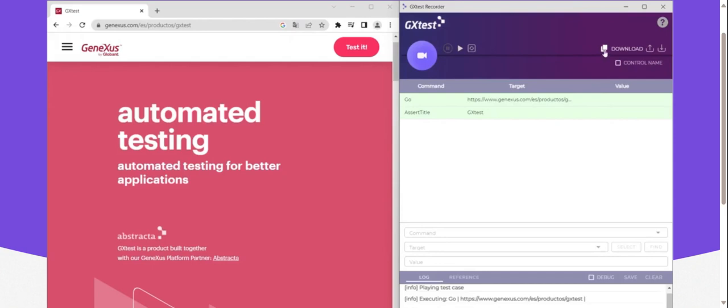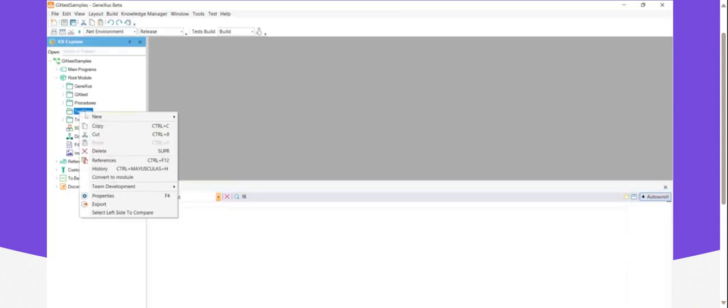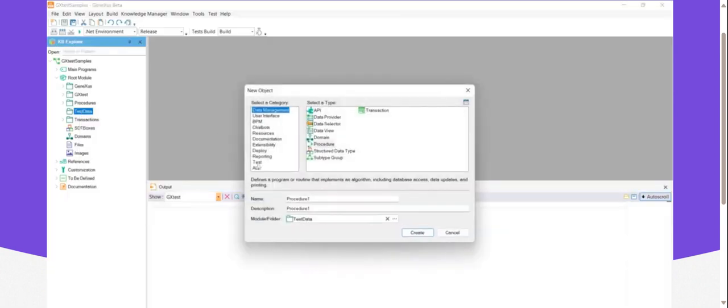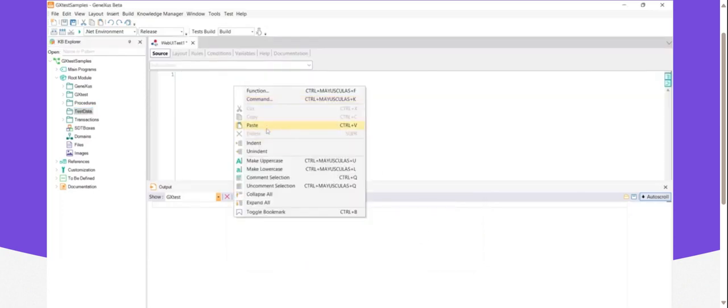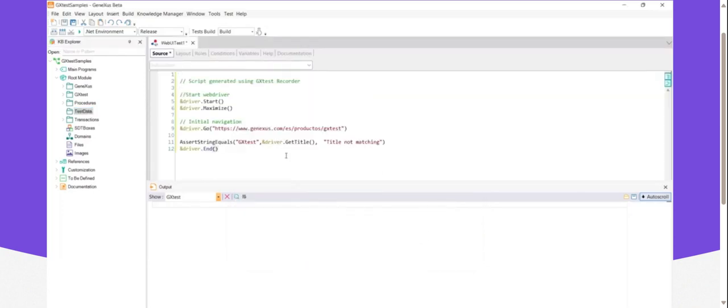The next step is to copy the test code using the Copy to Clipboard button. Once you paste the code into the GxTest Web UI test object, you can modify it as you want, adding more commands, modifying test data, including for statements to get different iterations, and coding what important steps checks for your